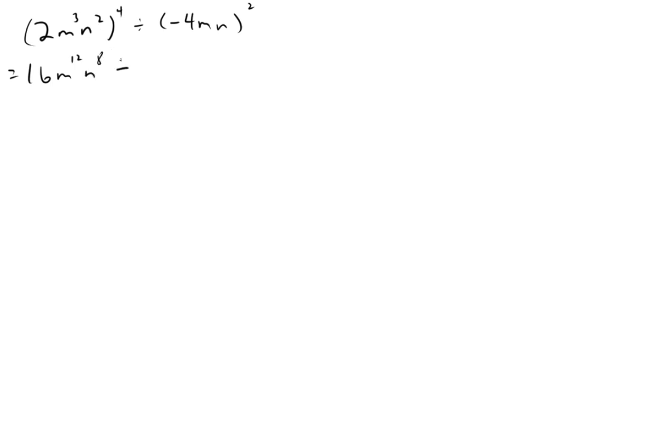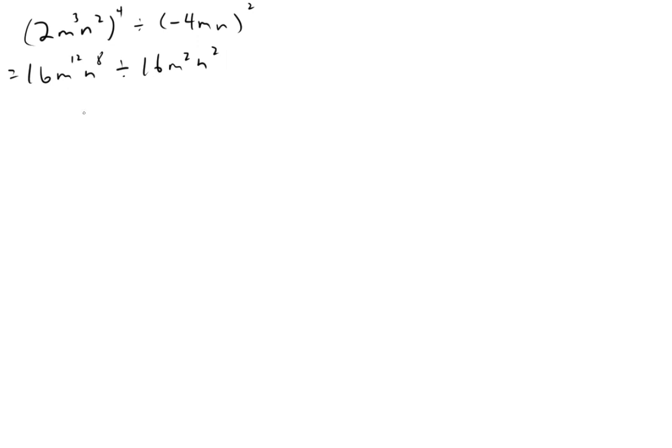For the next bracket, we have negative 4 to the power of 2, which is 16. Then we have m to the power of 1 times 2, which is m to the power of 2. And then we have n to the power of 1 times 2, which is also n to the power of 2. Now that we have expanded the brackets, we are now able to divide these two sets of bases, m and